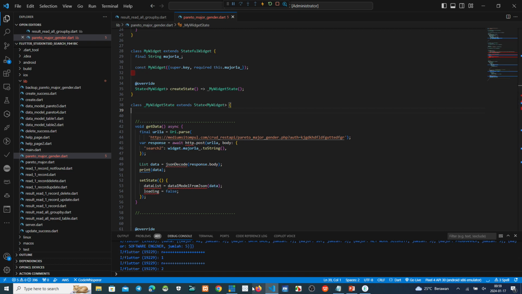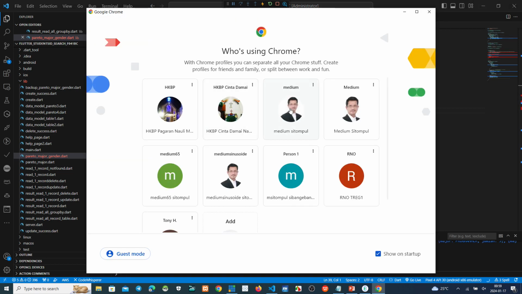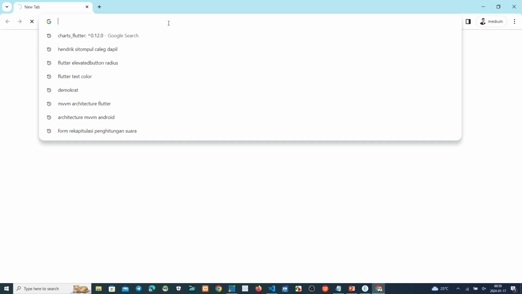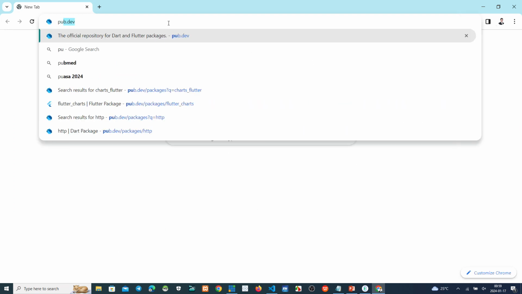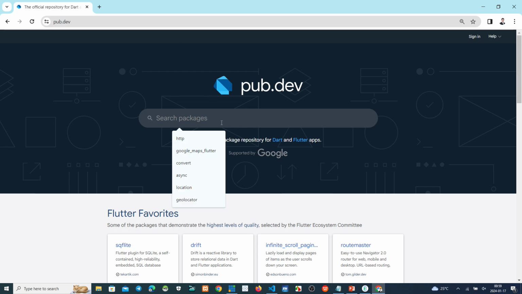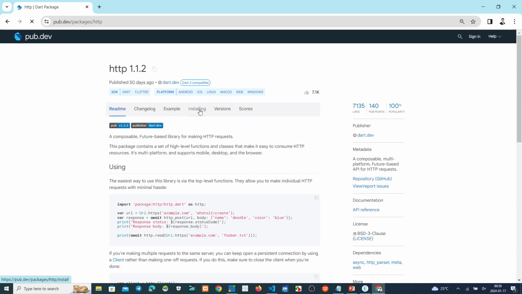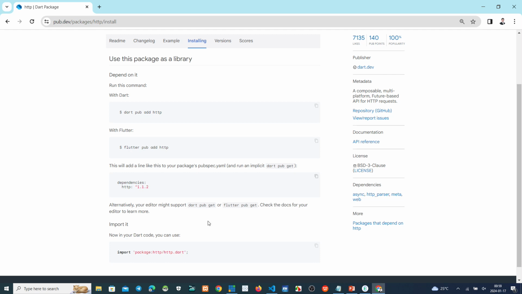We must import this data. Okay. Pub.dev. Okay, HTTP. Okay, this is HTTP, and then this installing, how to install this, we must import this.